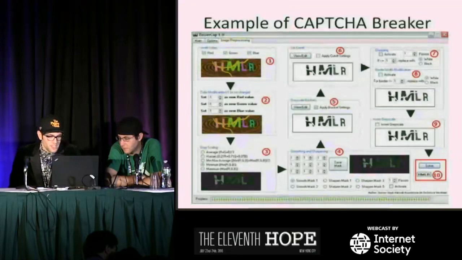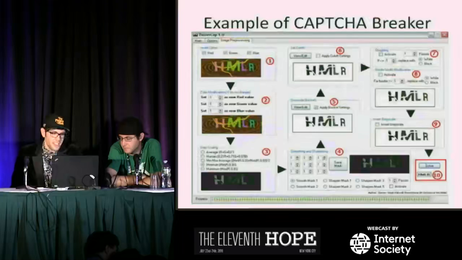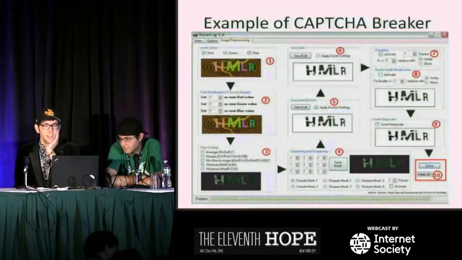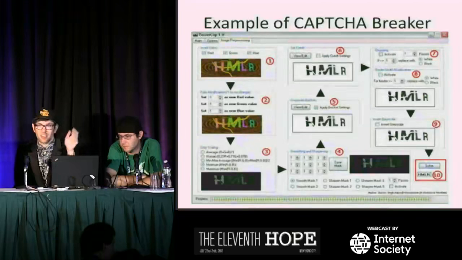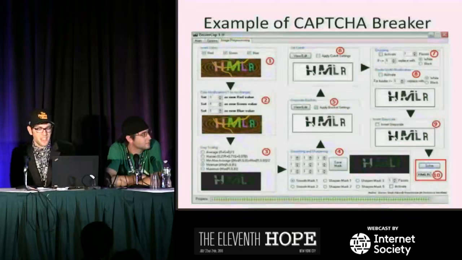number 4, where we can do some smoothing and sharpening on the letters. Then we end up applying the grayscale bucket here to clean up the letters, set the cutoff in 6. And before you know it, we'll gloss over the rest. Chopping, the number of passes you want to make on a particular segmentation. And before you know it, you've got the characters. And this took less than a second to perform.